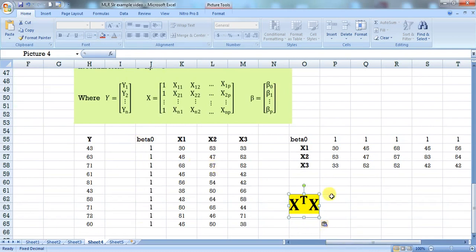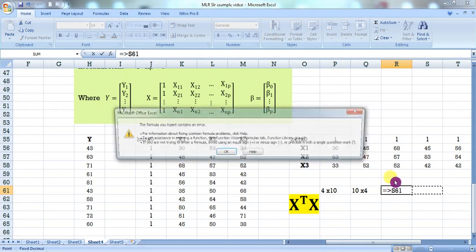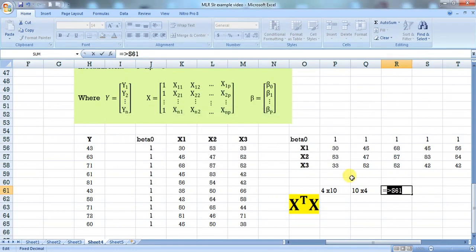So 4 into 10 and 10 into 4, so what will I get as the order of this one? I will get the order as 4 into 4. So this will be the order of my x transpose x matrix.